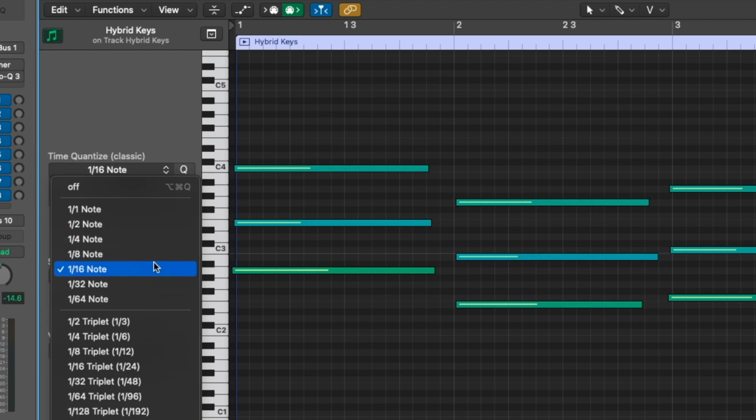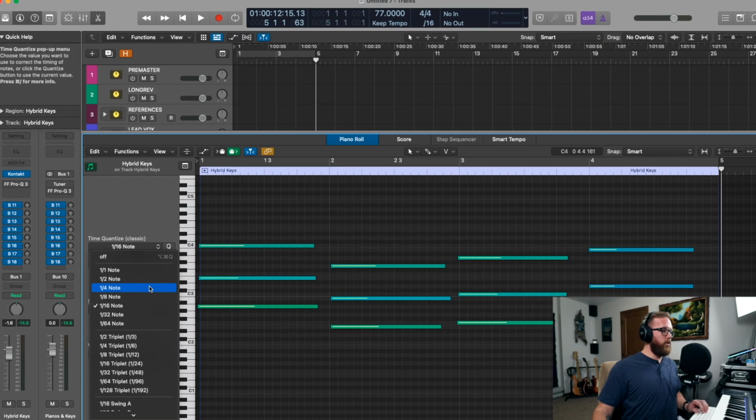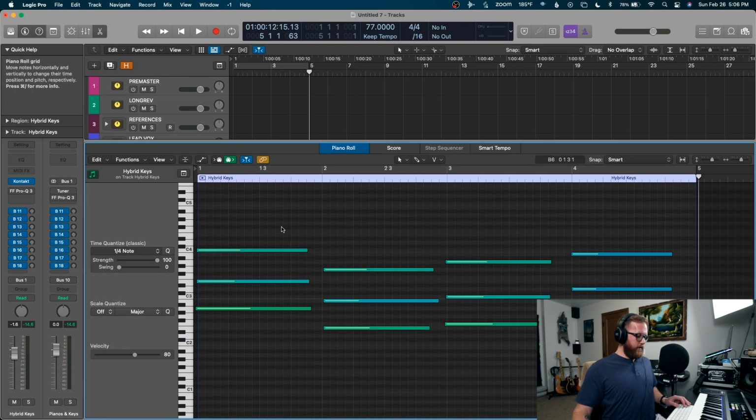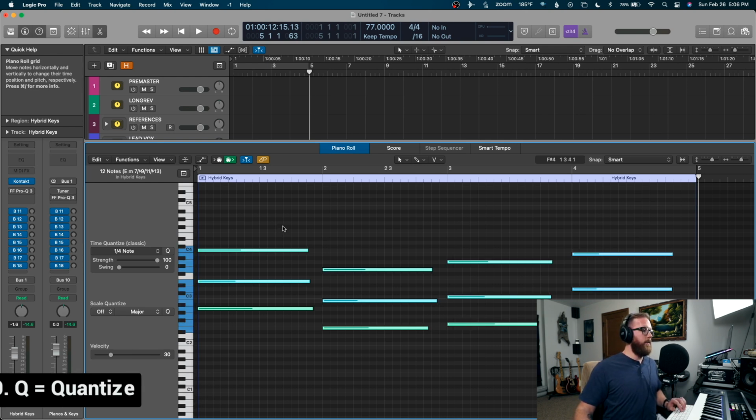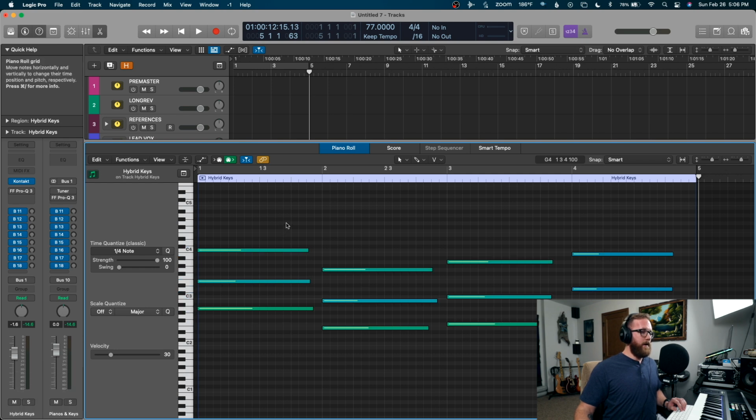So let's say if you were more than a 16th note off, maybe change this to quarter note. We're going to go ahead in this window and do Cmd A to select all. And then if you just hit Q, that will quantize your performance. Now, let's say we want to connect all these notes together, so there aren't these random spaces, we can